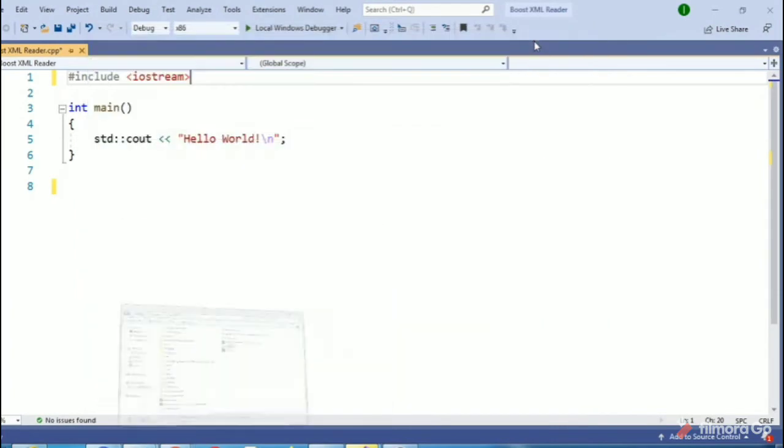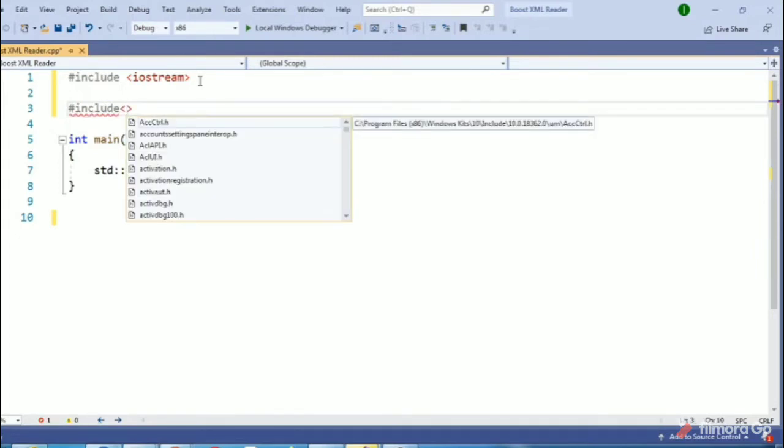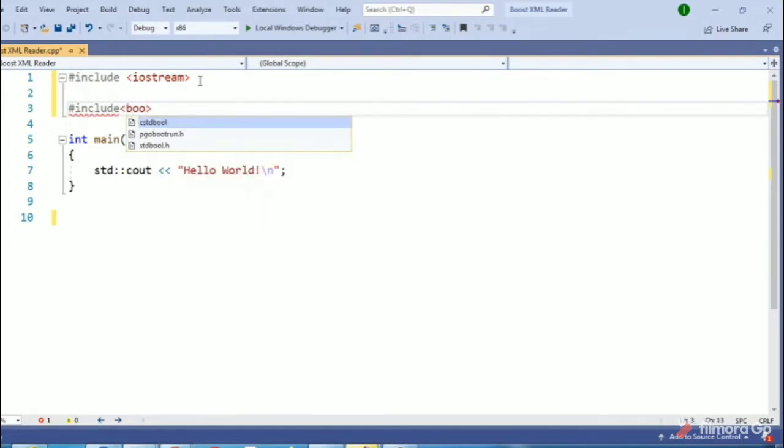So let's quickly start. We have to use a header file which will help us to read those XML files.